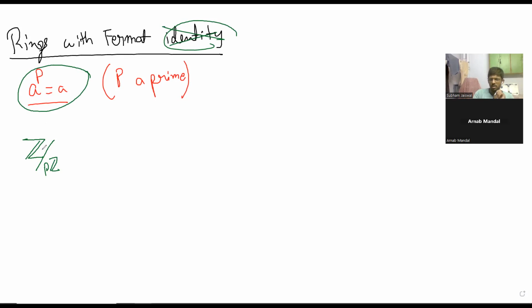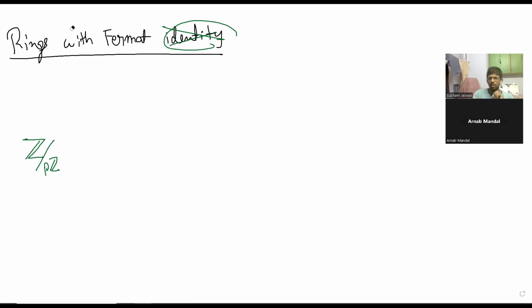Basically integers where addition and multiplication are in modulo p, right? Just a simple one, you know what all those operations are. So in this ring, this is true for every element, right? Yes, that you know, and if you don't know the proof, then do a proof by yourself. It's a standard thing, called Fermat's little theorem. So in Z mod pZ, a to the power p is equal to a for all a,